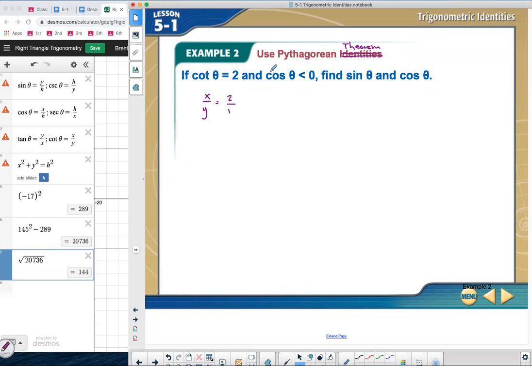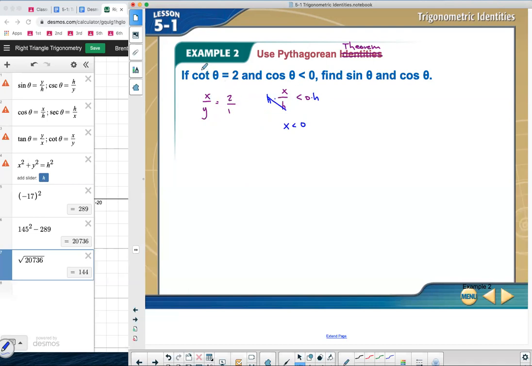This is a little tricky because it says cosine is negative, and cosine's identity is x divided by h. If that's negative, we have a problem because when I multiply by h, and since h is always positive, the inequality does not switch directions. I have that x is supposed to be negative, but over here x equals 2, which seems a little tricky at first